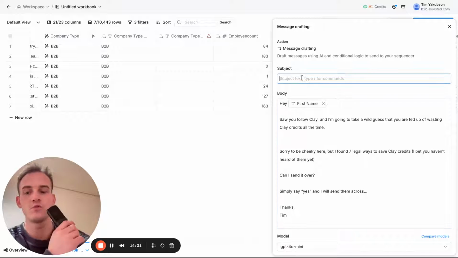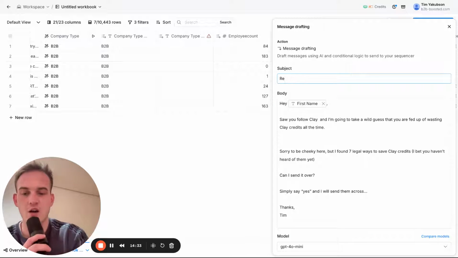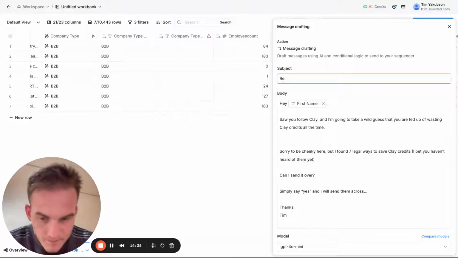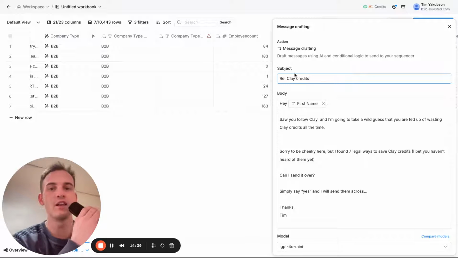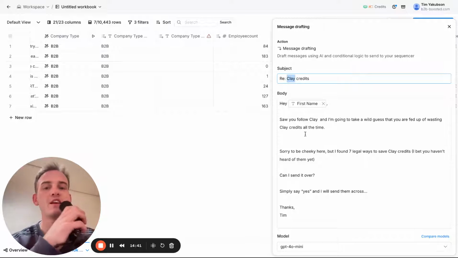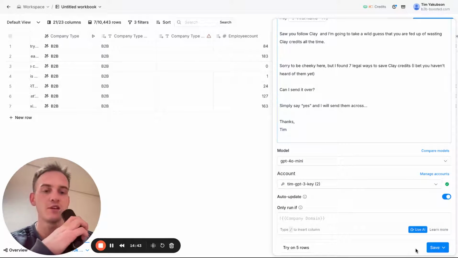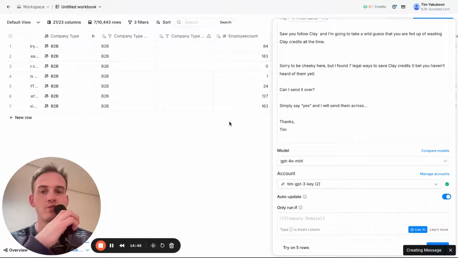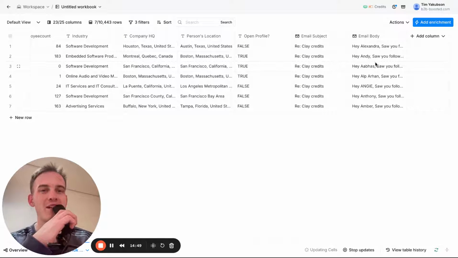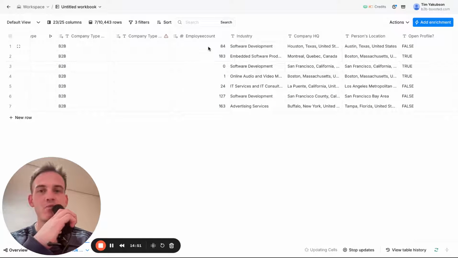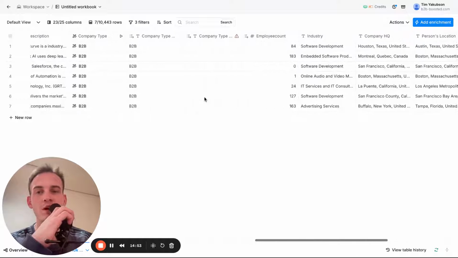Also, you can put something else over here like RE: Clay credits, because once again, people will resonate with whatever tool they're currently using in most cases. You can then click save and run rows. It'll run all the rows. On top of that, with the current personalizations that we've done, we can't really use it too much,